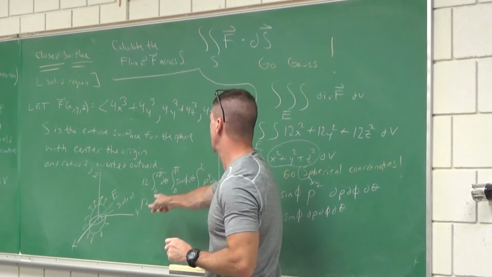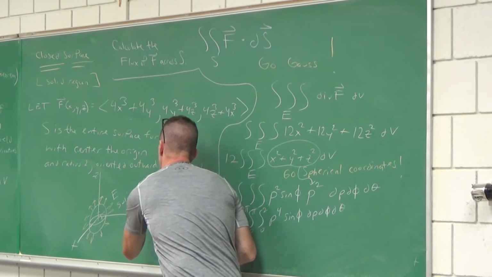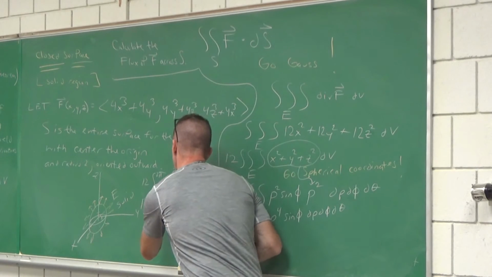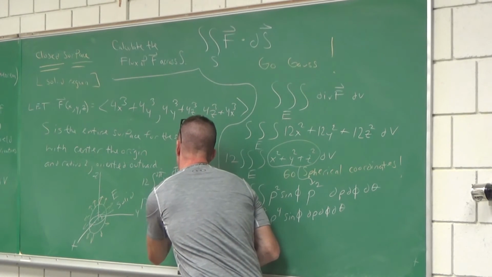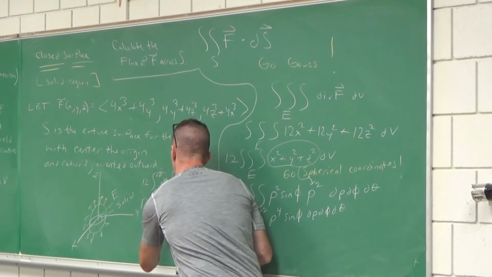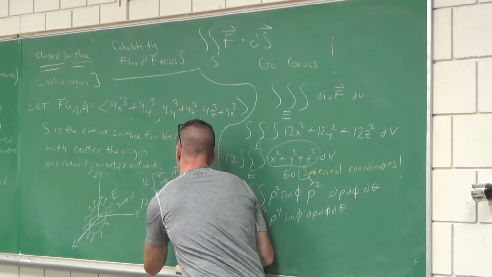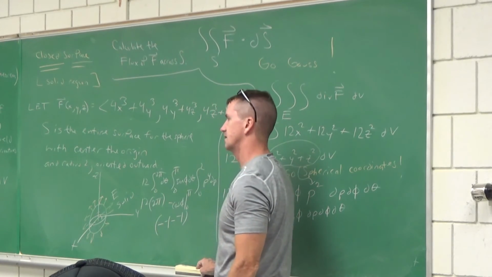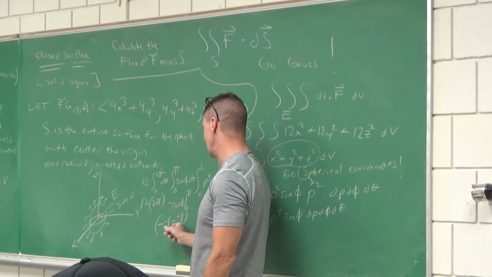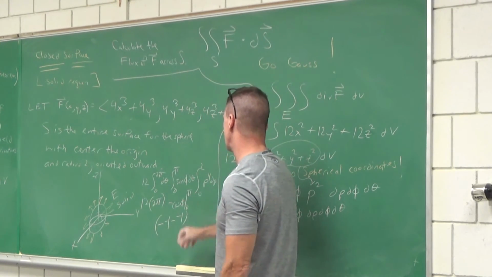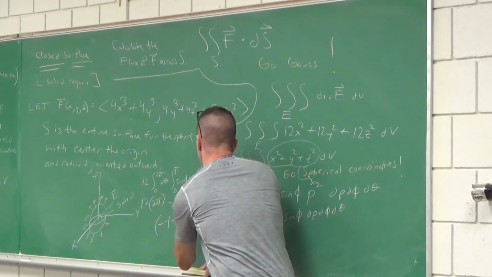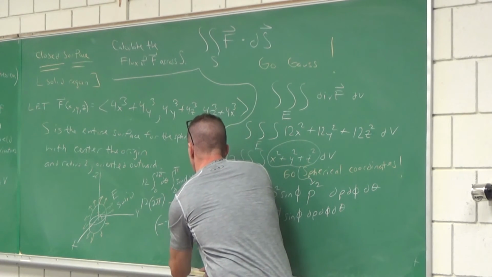12. What's that? 2 pi. What's the integral of sine? Cos or negative cos? Negative cos. All right, what's negative? Negative 1. Subtract negative 1. Lots of minuses in there. That's a 1 plus a 1, 2. And what's the integral of rho to the 4th? Rho to the 5th over 5. From 0 to 2 is 32 over 5. So we got 32 over 5.